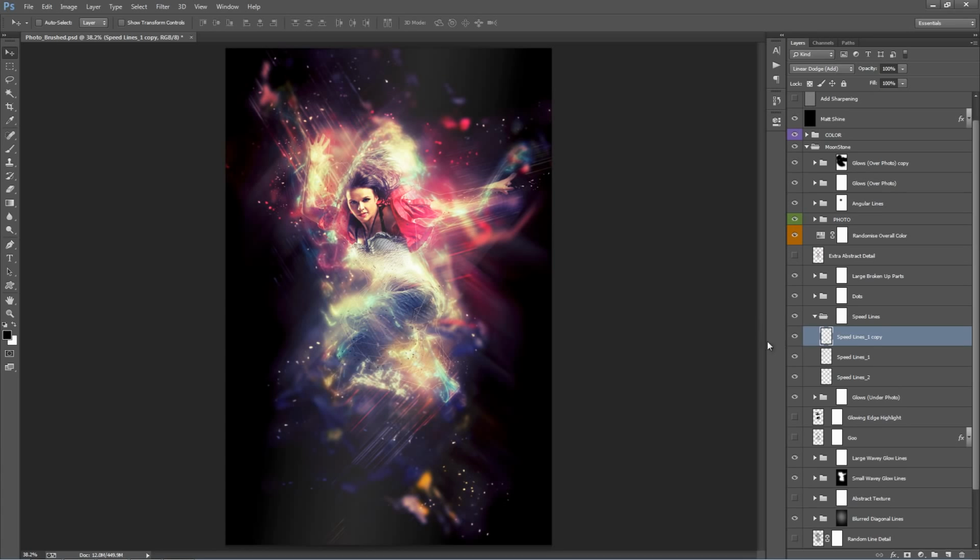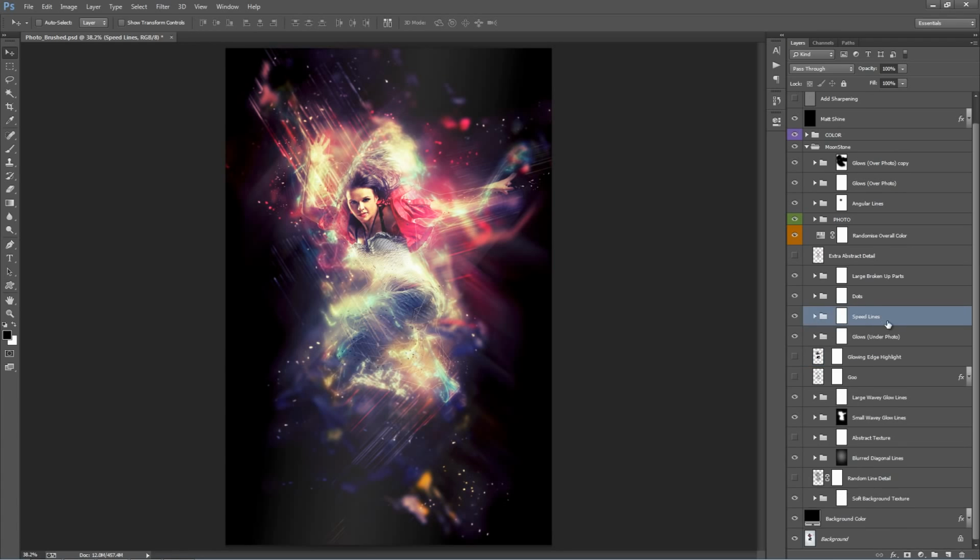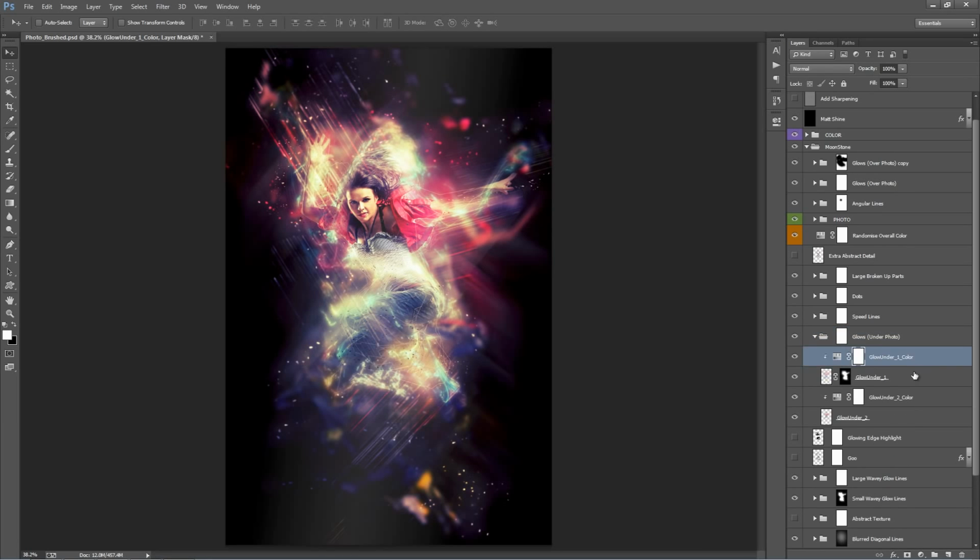Something like that. And if you want, say for example, these top ones here to be a bit more prominent, just duplicate it where it is, and it will boost the brightness of it. Okay, so that's the speed lines. Glows under photo, these are just more glows. So again, flick it on and off, and if you feel that your photo suits it without it, just leave it off. If you go inside, again, just two layers, and you can use the adjustment layers here to